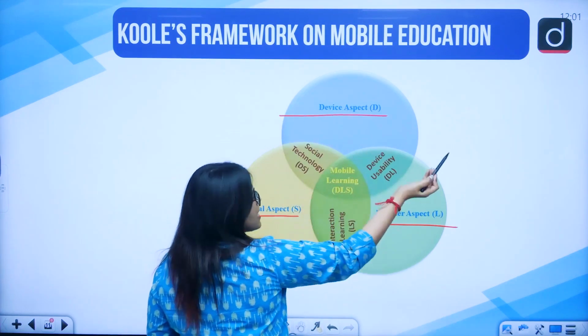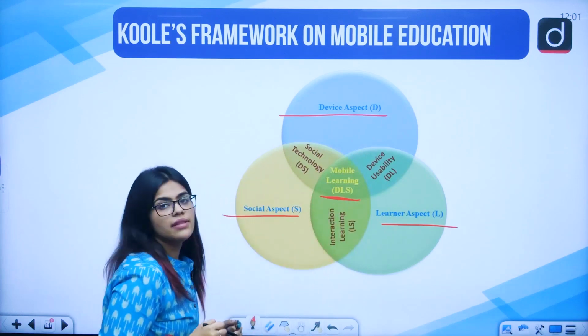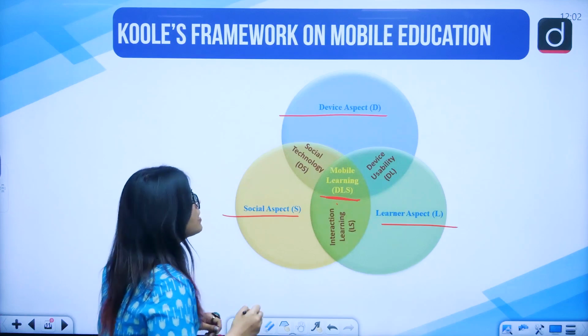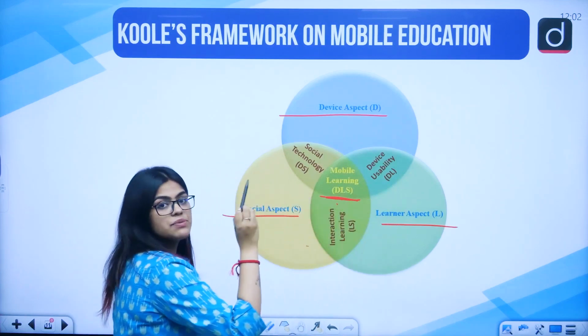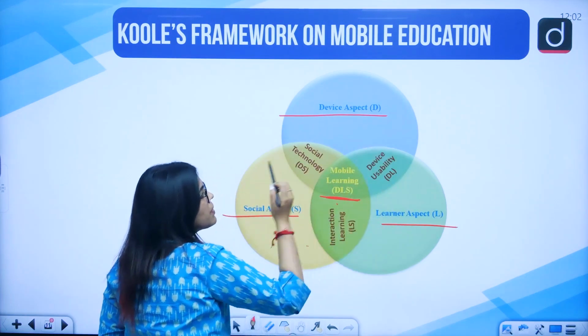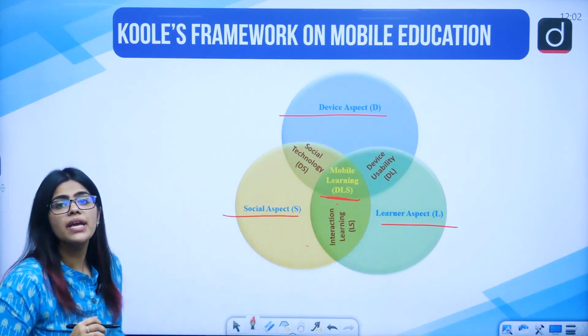Then comes the device aspect. Then comes the intersection where mobile based learning is done. This is the overlapping. The learner and the social aspect would be combined here, the device and the learner aspect would be combined here, and the device and the social aspect would be combined.